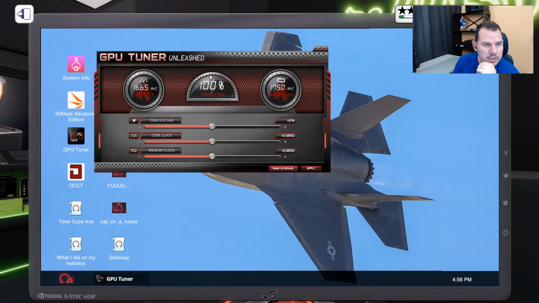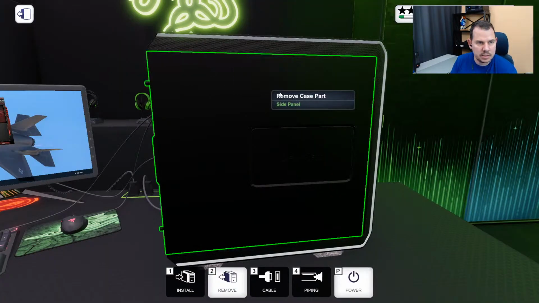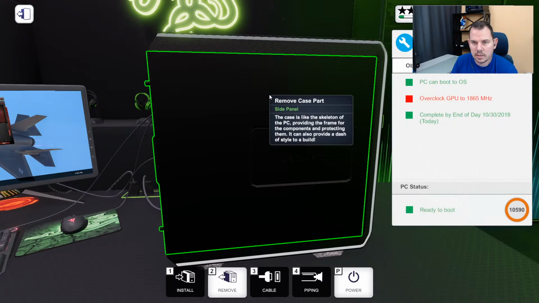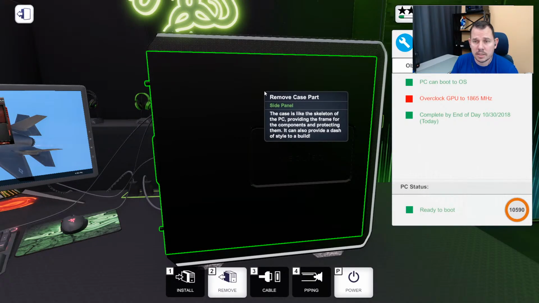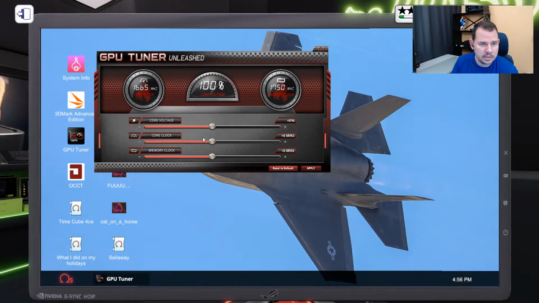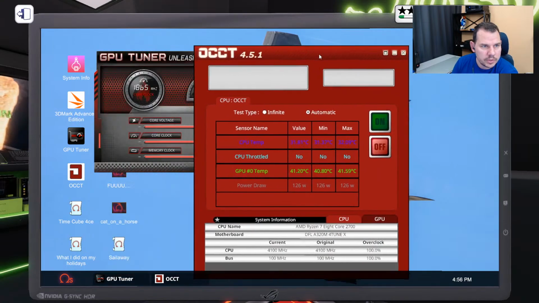So we'll open this one. At 1665, they want it at 1865, so full 200 megahertz overclock. I don't even know what GPU this computer has in it, but I'm going to say it's probably going to need a 110% power boost. So we'll go ahead here with OCCT